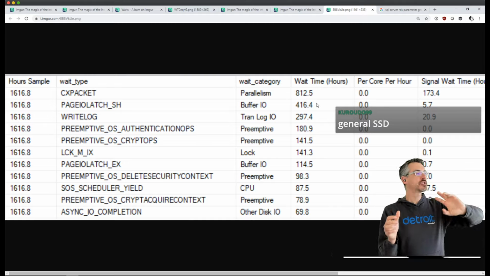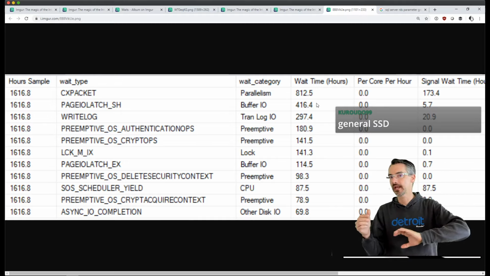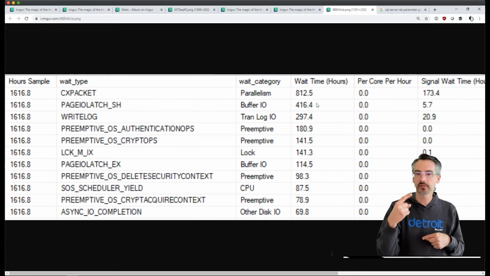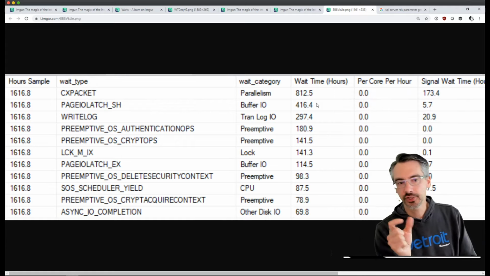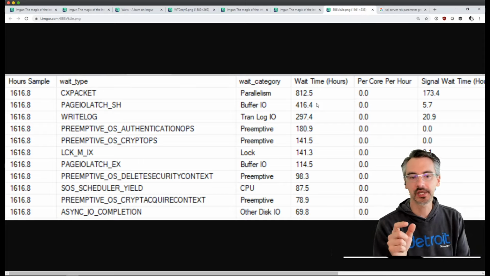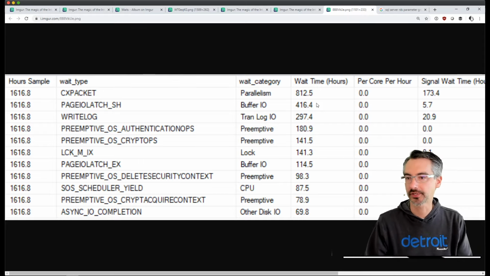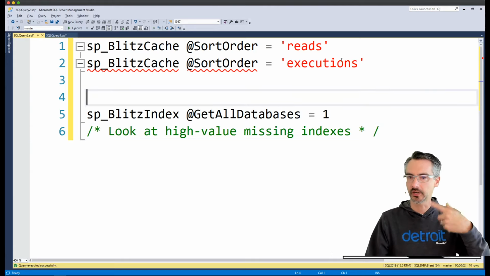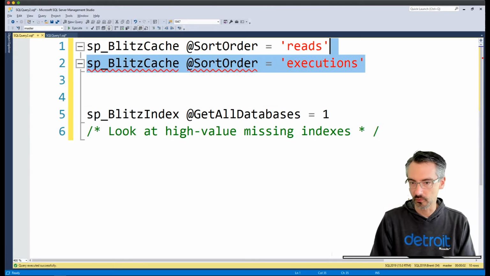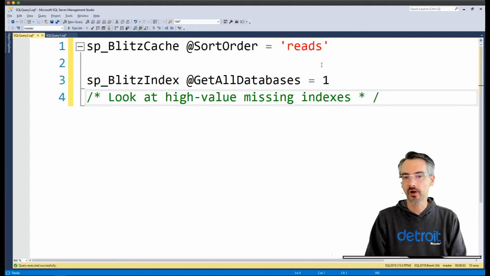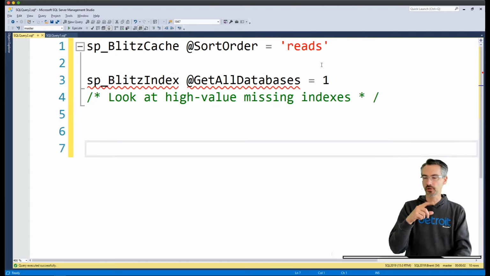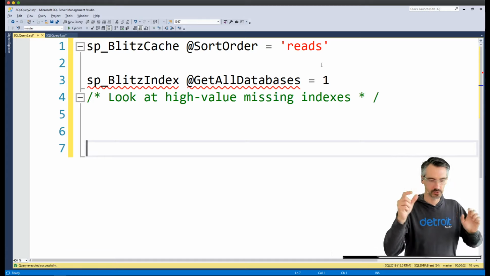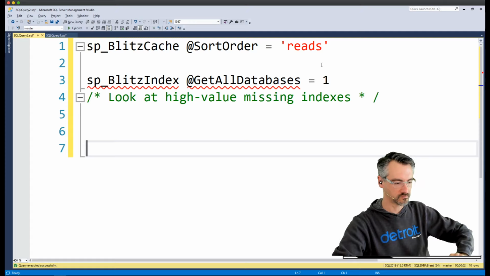weights, it's going to be so expensive in terms of memory, and it's going to be so expensive in terms of provisioned IOPS. What I would look at is, can I tune indexes and queries in order to reduce the number of table scans that we do? So I've said this was from, I want to say Greg's. Yours, you don't need reads. This is the only pair that you need right here. You want to look at the queries that are doing the most reads, and then your high value missing indexes. So that'll be the place where I would go to for you.